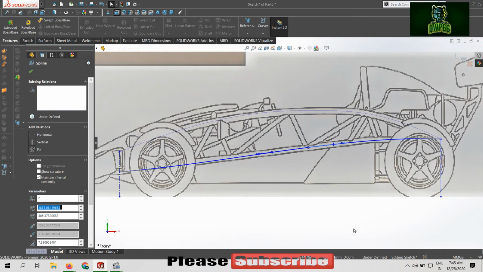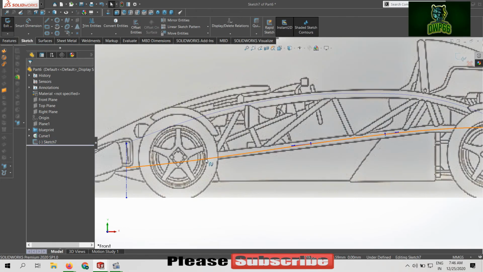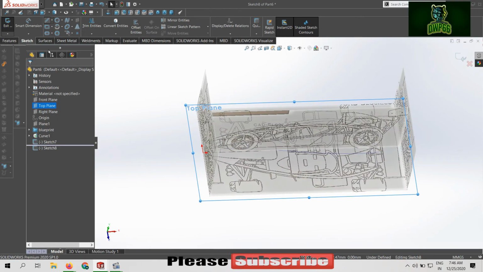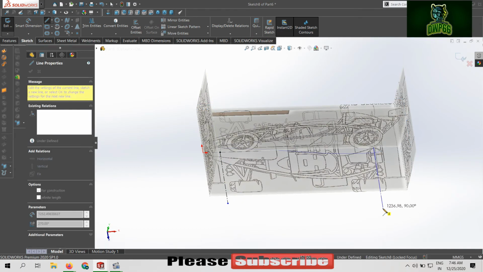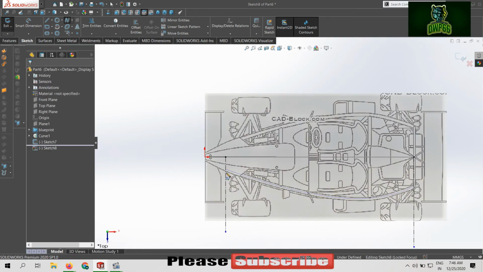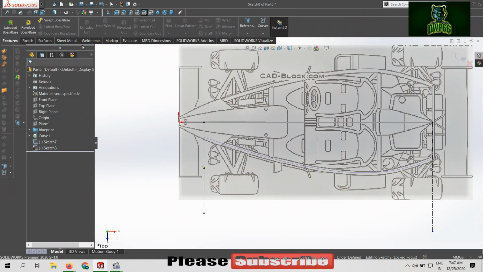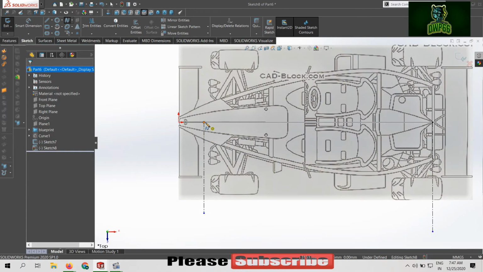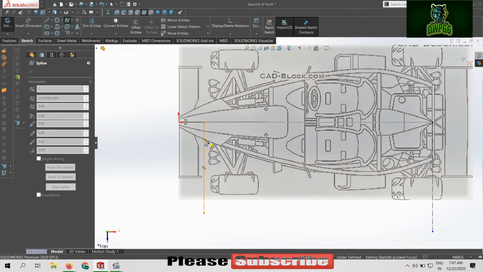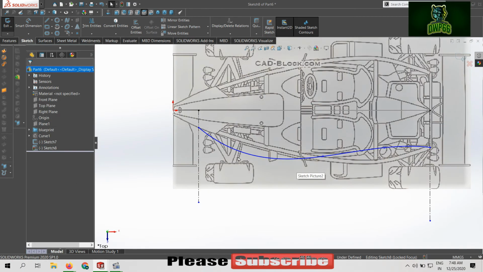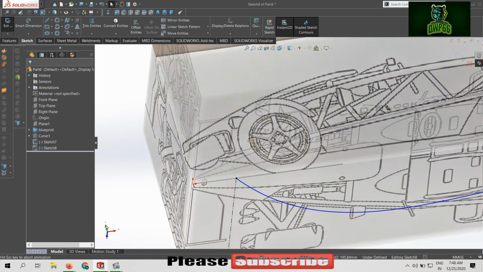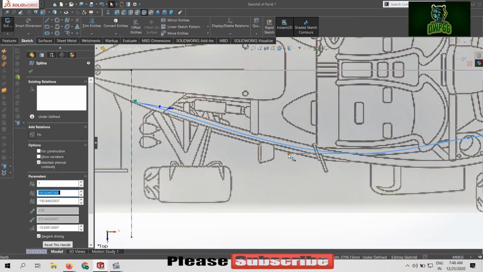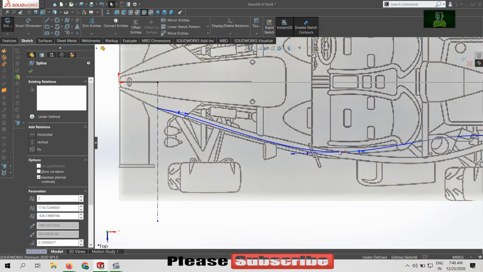So, the roll cage used to be really difficult to create because you really have to be good at designing and figure things out, but thanks to this trick which I am sharing with you, it's significantly easier now. After successfully creating the 2D sketch on both planes, you need to project both sketches together to form a 3D spline. Keep in mind, this spline is for reference. We will use this spline to form 3D lines.